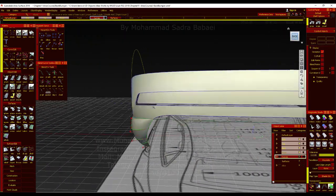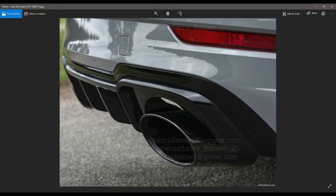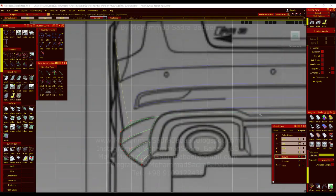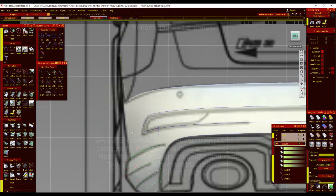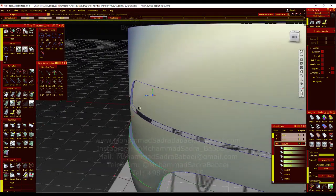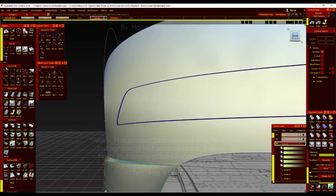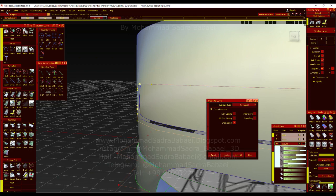Okay, let's move on. Check it from the back view. Okay, we're gonna do different ways for this area. As you see, we have done this, and we can scale it or, okay, let's duplicate this curve and have this curve, add them to a group, okay, and select it